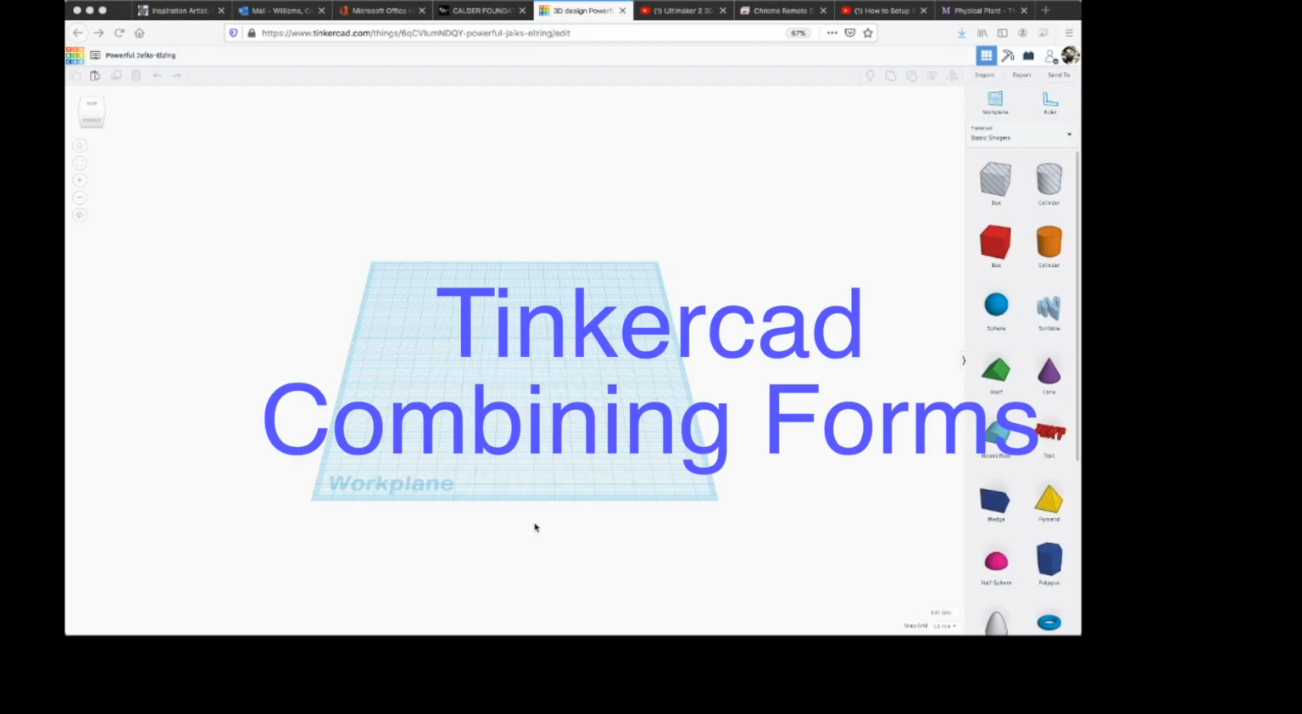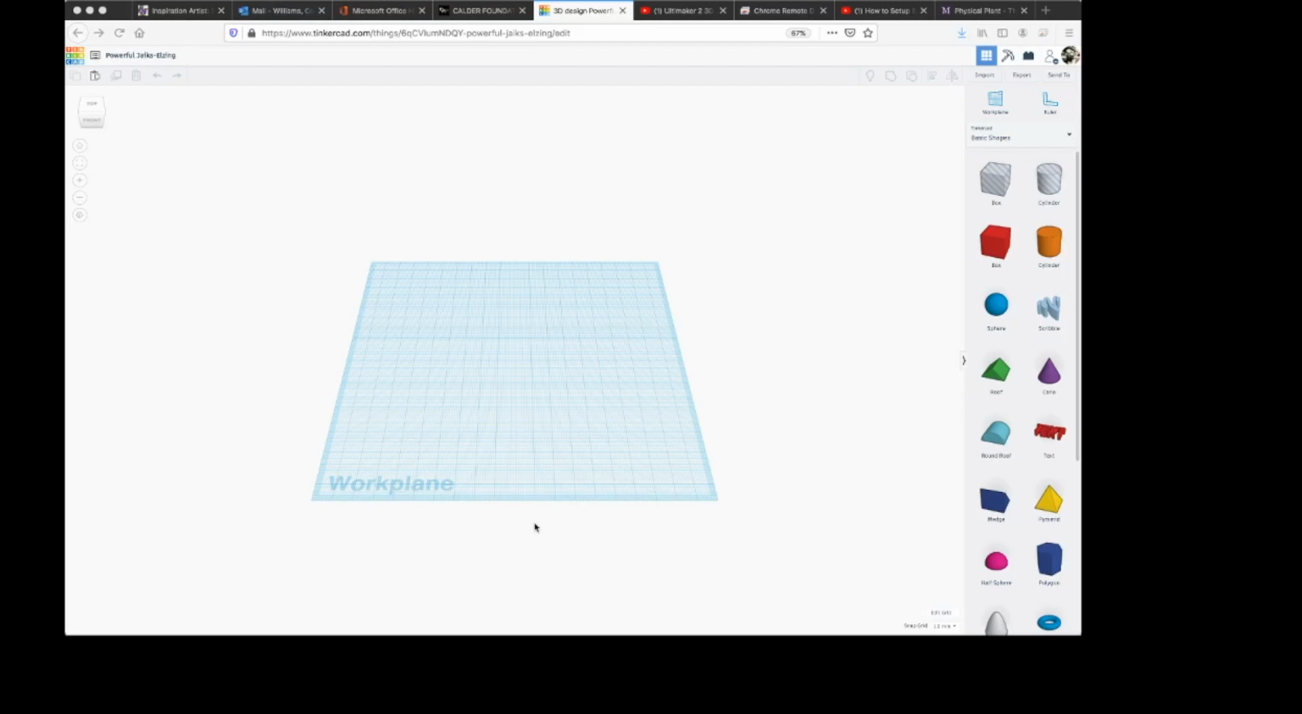This tutorial is on Tinkercad. I'm going to go over how to use the primitives to build complex forms. So for the project that we're working on, designing a kinetic sculpture, you're probably going to need some forms that function as weights and counterweights. And if you want to design those as custom forms, Tinkercad is the software that we're going to be using